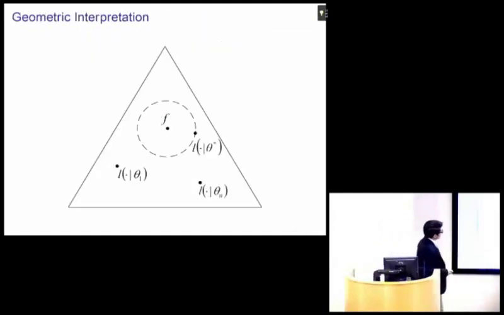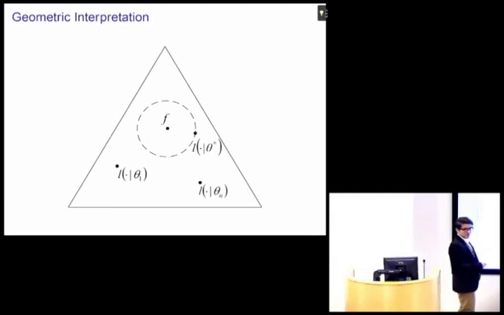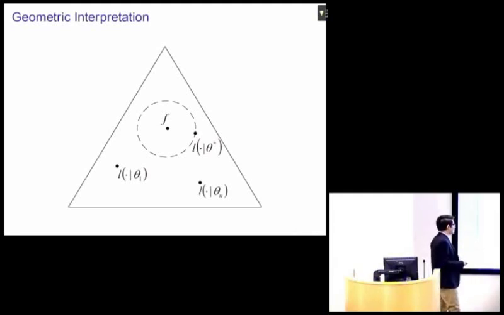So a nice geometric interpretation of this is, okay, we have this triangle, which is the probability simplex, and there is a point here which is unknown, which is the true distribution of the observations. And we have models, right? We say, okay, this distribution can be this, theta 1, or can be this, theta n, or can be this. And it's very clear that we have some point which is the closest to the true distribution, which we call theta star. So theta star in this case is the model that we have that best matches the true distribution of the observations.